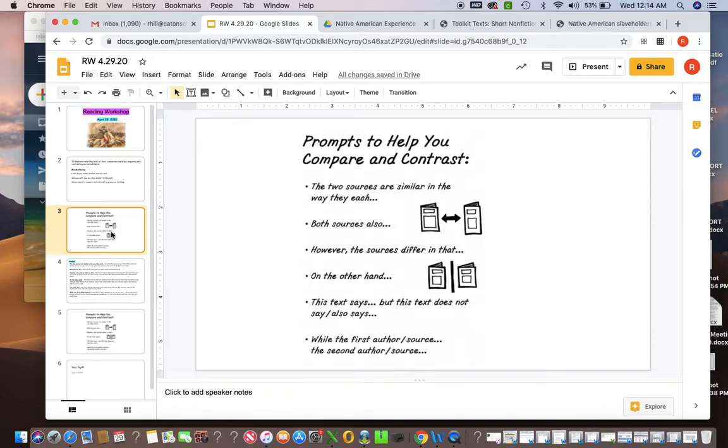Prompts to help you compare and contrast. So here are some prompts that we're going to take a look at, which I did in the next slide. The two sources are similar in the way that both sources also, however, they differ. On the other hand, this text says, while the first author or source states,